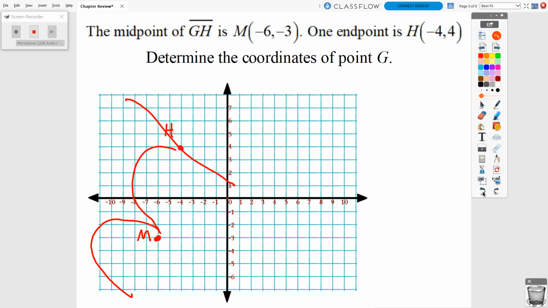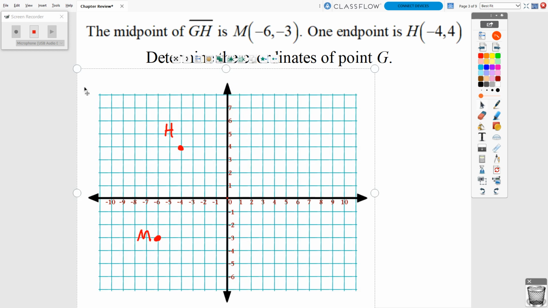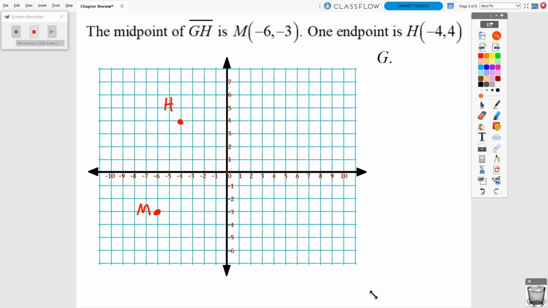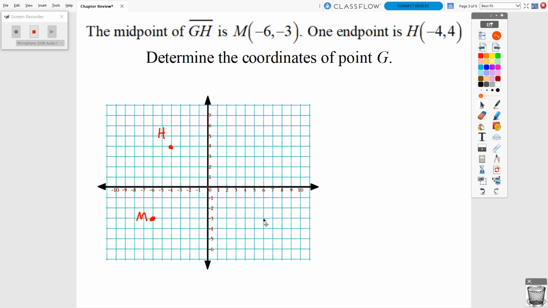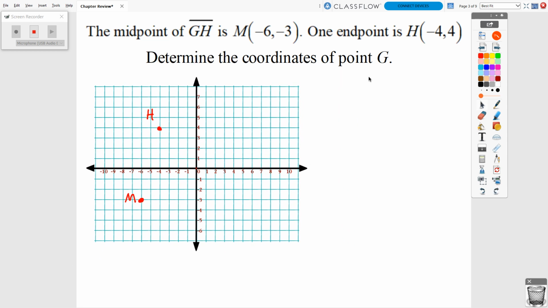Well, this might be a little tricky with the graph that I have in particular, because it seems like we're going to run out of room here. But we will scale this thing down. We'll adjust it just a smidge. There we go. So again, what we can do is basically use the idea of slope here, rise and run,